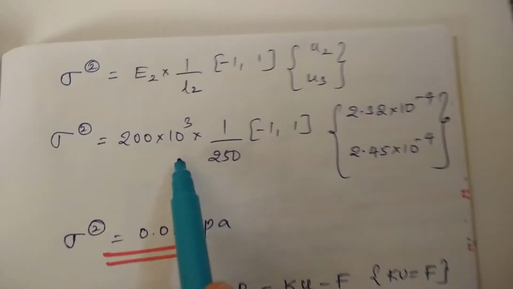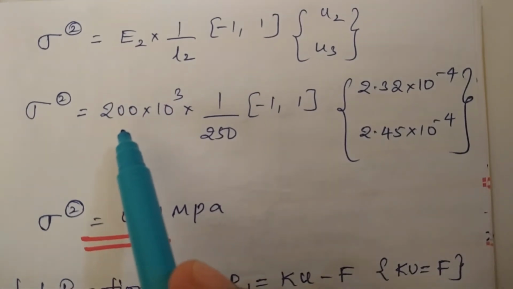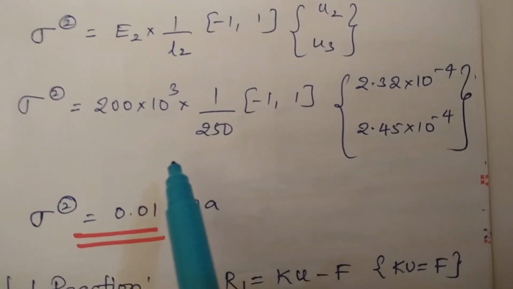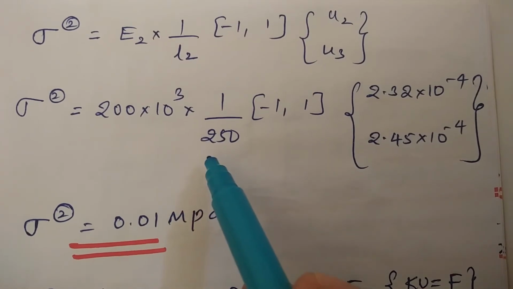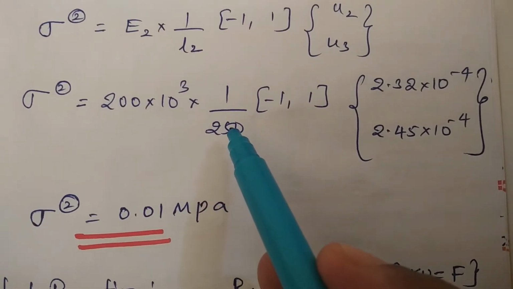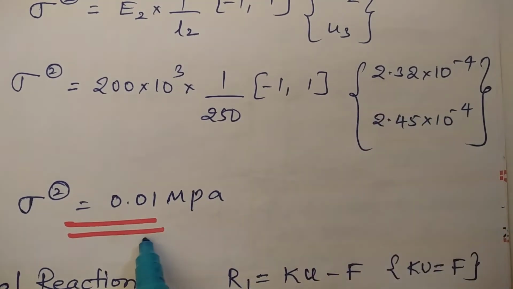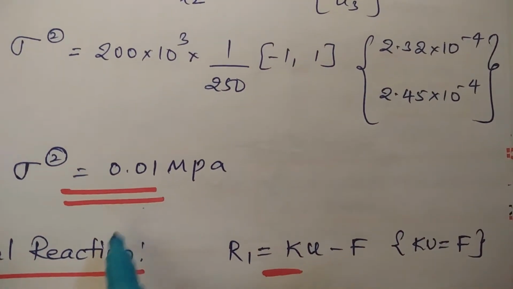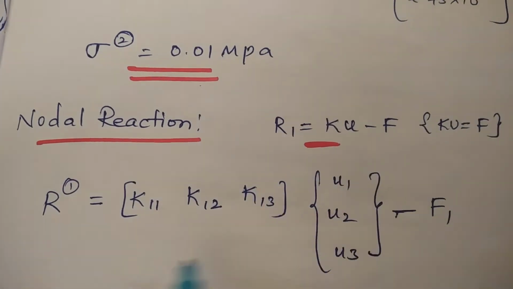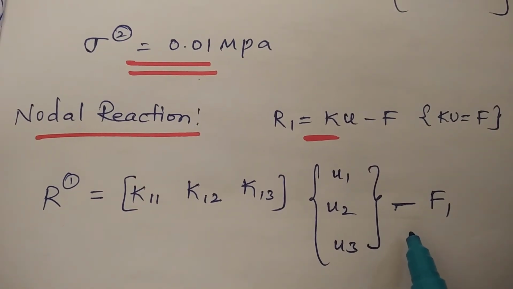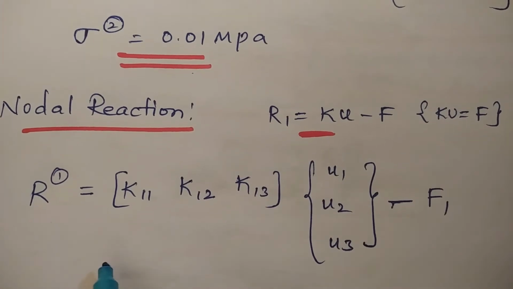Similarly, these are all rudimentary stuff by this time. E2, Young's modulus, for both portion 1 and portion 2 is steel only. If it had been a different material, you would have used the corresponding stiffness values. Now 1 by 250 into minus 1 comma 1, with U2 and U3, you get the simplified version. This is by hand calculation, students, by finite element technique. Then the reaction at supports is Ku minus F. We need to find the reaction at support number 1, the node number 1. Okay, that is where the end is fixed.